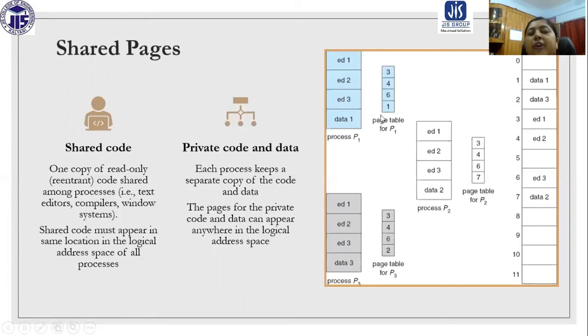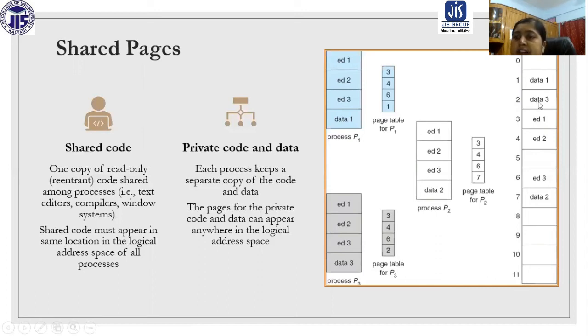But data 1 is a private page, so it is not shared. You can see this is actually located in data 1, which is the private data. So data 1 is located at frame number 1, which is only accessed by process 1.